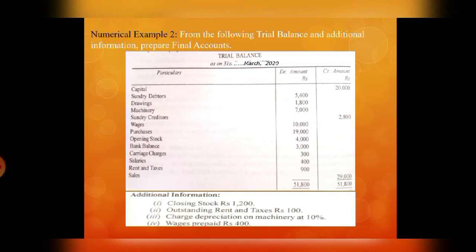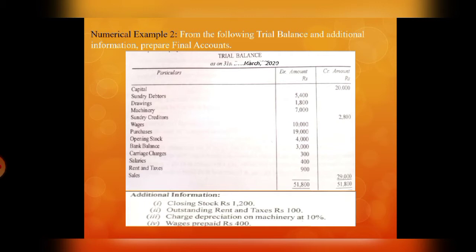Now the first item given in the trial balance is capital. Capital, as we know, should go to the liabilities side of a balance sheet. Sundry debtors is the current asset of a business, so it will be shown on the asset side of the balance sheet. Then drawings should be deducted from the capital on the liabilities side of balance sheet. Machinery will be shown on the asset side of the balance sheet. Sundry creditors will be shown on the liabilities side of balance sheet, since it is the amount payable to the